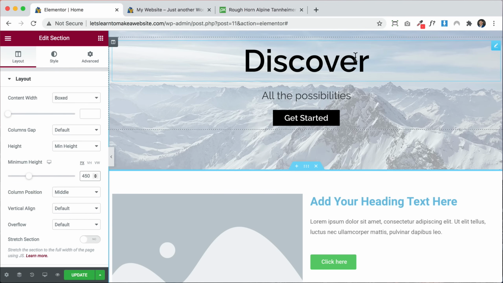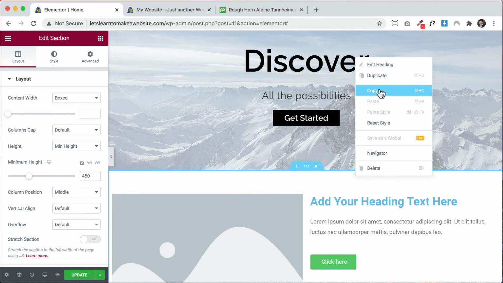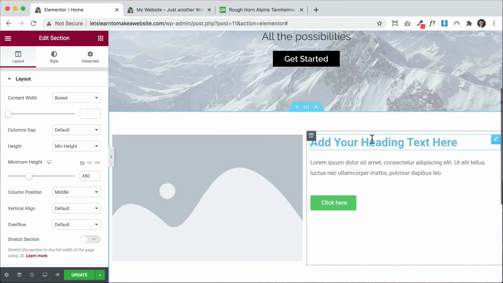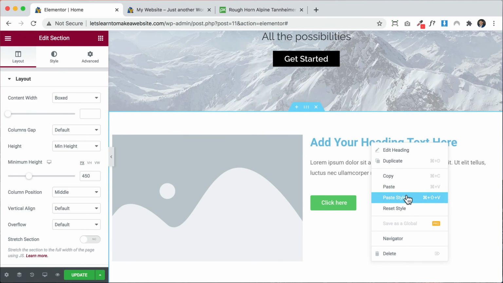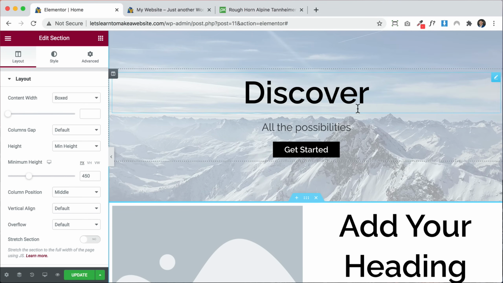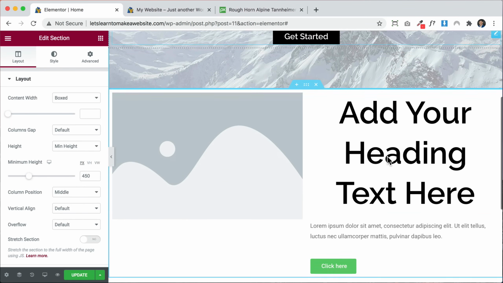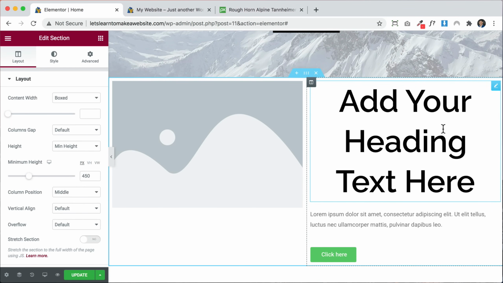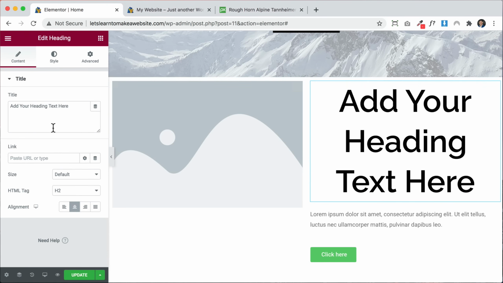I can actually right click on this, click copy, and then I can right click on this and click paste style, and it will paste the different style settings that I had already set up. So you see, it does the same font, same color, and same size, which is a little too big. But it saves us some of the settings that we would have had to do. So I can click to edit this a little bit more. I can change the text to about us maybe,